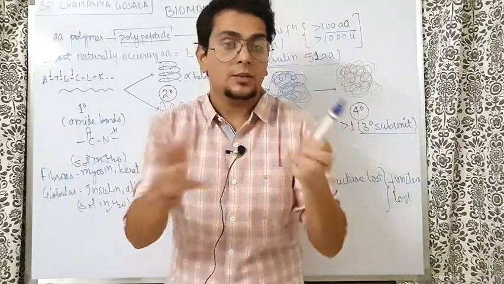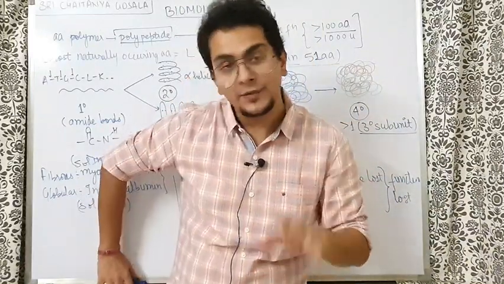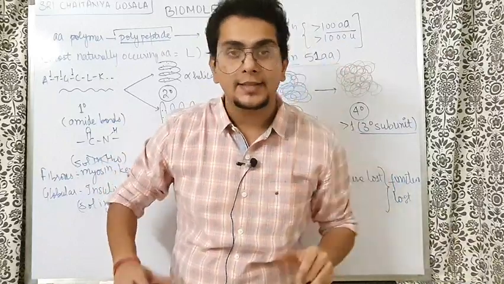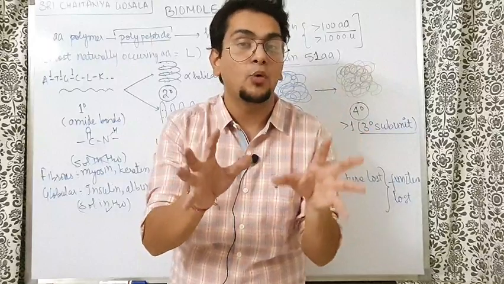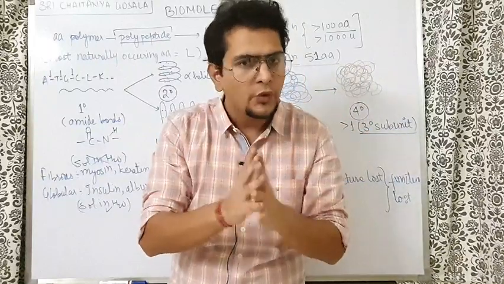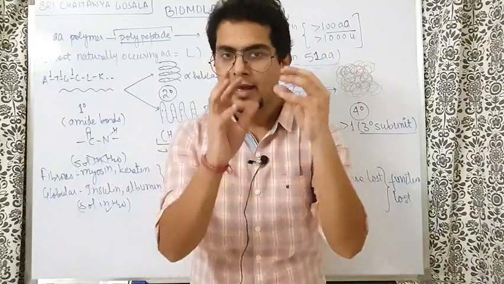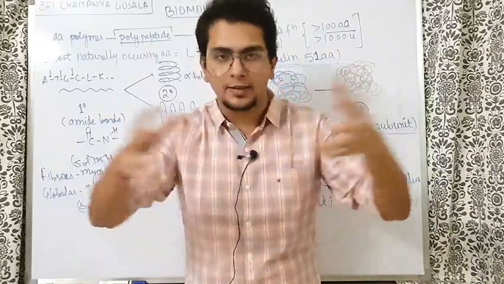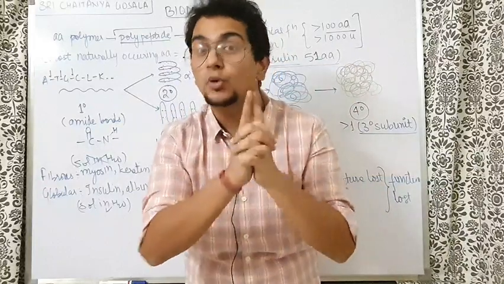When the alpha helical structure becomes compact, what do they do? Out of the 20 amino acids that you have studied, 5 are acidic and basic: 2 are acidic and 3 are basic, so 5 are highly polar. So what they do very smartly, see the smartness of the protein and the smartness of nature here. There are 20 different amino acids rearranging to form the protein.